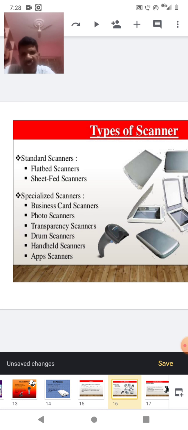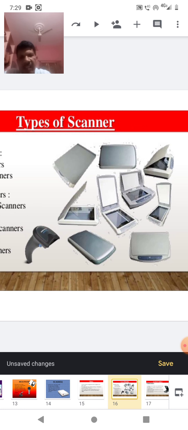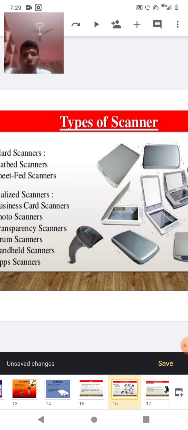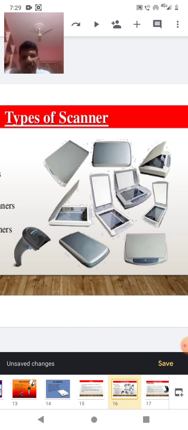And transparency scanners, drum scanner, handheld scanner, app scanners. These are the various types of scanners available in the present market. All these figures are given here. Moreover, we'll discuss the scanners one by one.